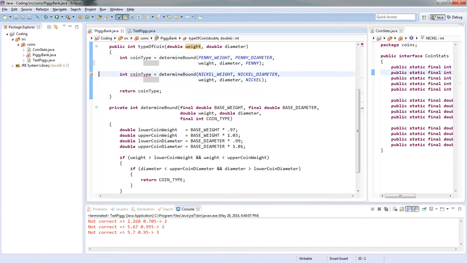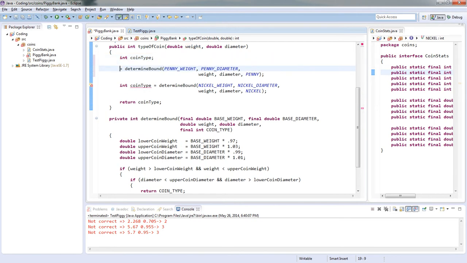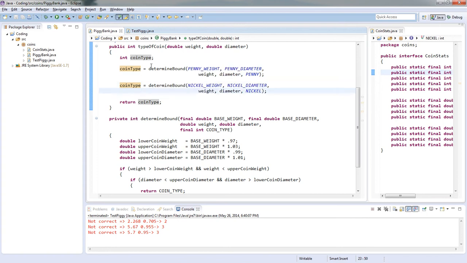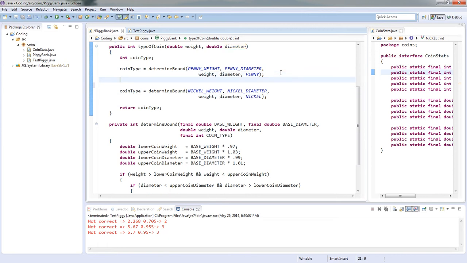How do I move forward? Okay, well I think with a little logic we apply here, we can figure that out. So let me start here. Let me actually just make this coin type here a value on its own, and so we can get rid of the compiler errors. So we'll start with that. So if we ran it as it is, if this was a penny, I would go off and check if it was a dime, then I'd replace that with the value unknown. So really what we want to do is after we determine if it's a penny or not, then we can use that value appropriately. So if the coin type,